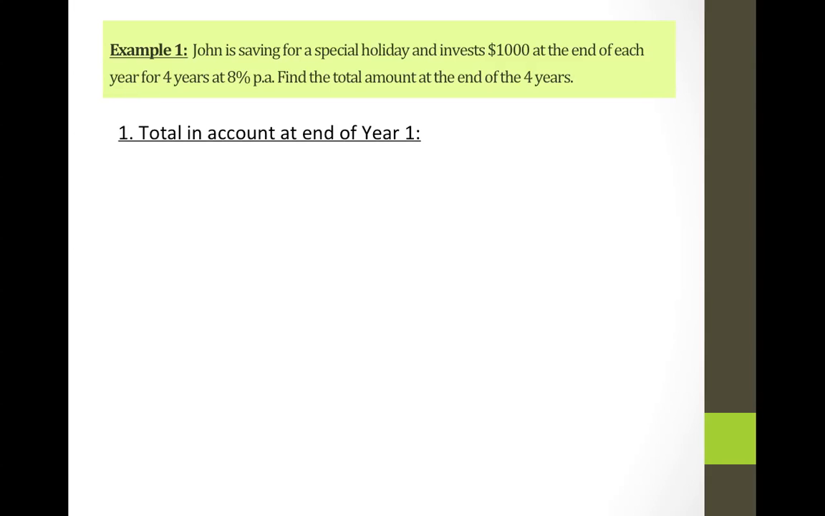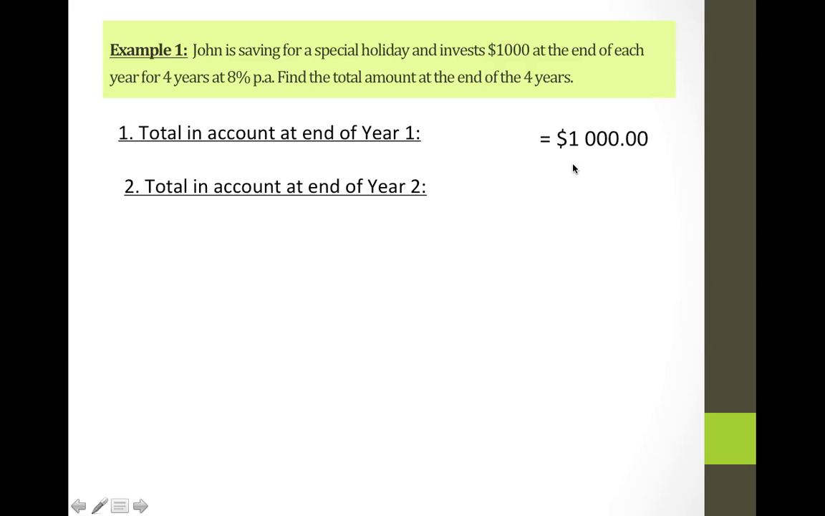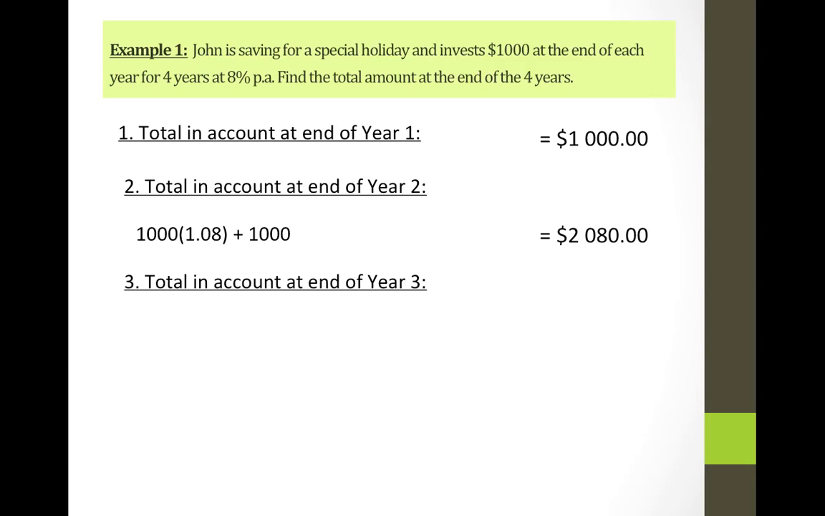At the end of year 1, John invests the first $1,000, so that's the amount in the account at that stage. At the end of year 2, John will have the $1,000 from year 1 with interest earned on that $1,000, as well as the second $1,000 he invests, which will give a total of $2,080. At the end of year 3, John will have whatever he had at the end of year 2, with interest earned in the third year, as well as the third $1,000 he invests. And that will give